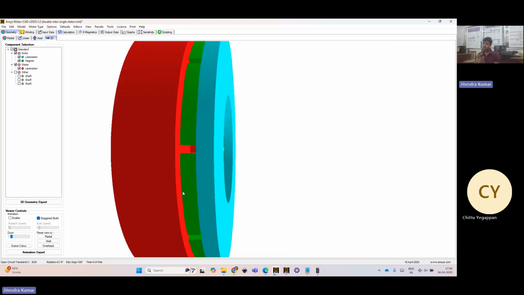So only one stator with winding and only one rotor. Now we have reduced the material further because in dual rotor there were two rotors and permanent magnet, as we know, has very high cost. So we have eliminated that. But here what the drawback will be,